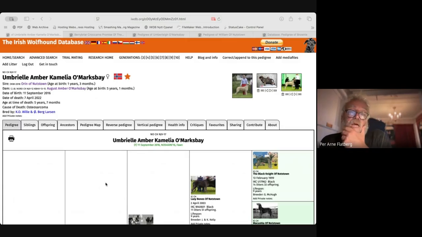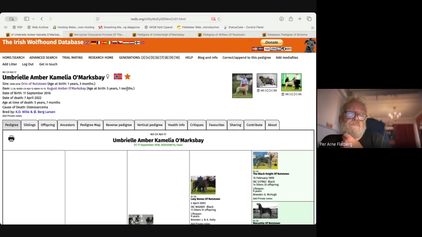And we do try to work our way through all the magazines and add that information as well. But at least to me, it's useful to see what breeders that I respect thought of this dog